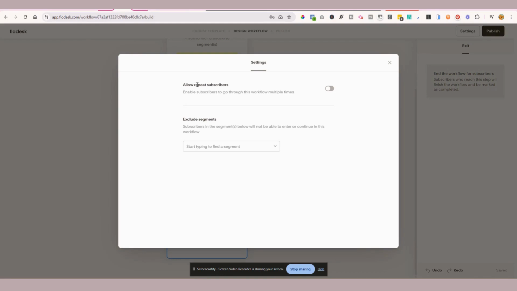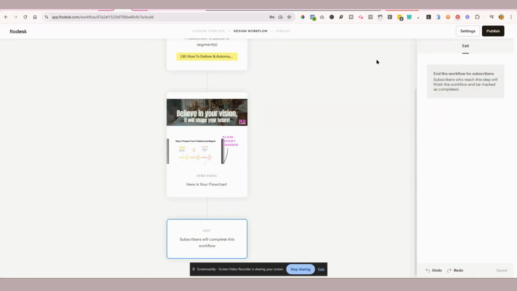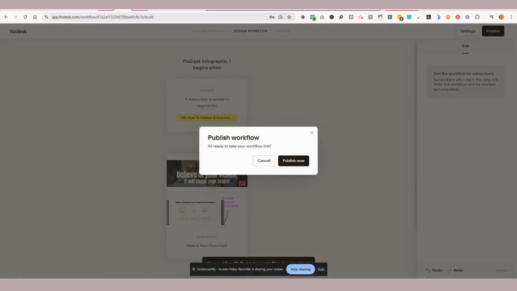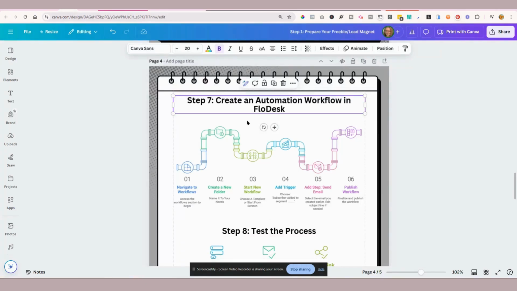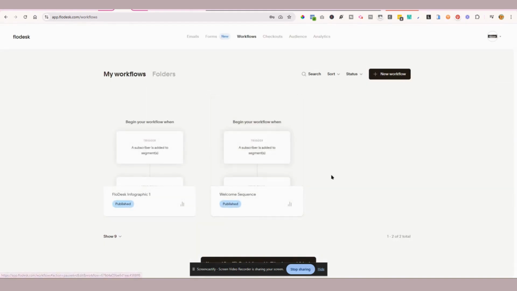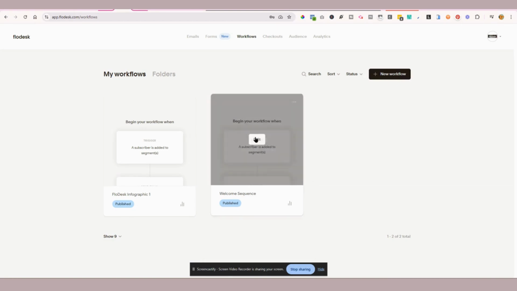So let's check settings, allow repeat subscribers, yes, exclude segments, so you can choose others that you don't want to have access to this if you want that, which I don't need to do. Next is publish. So let's go back to the flowchart, add step, send email, and publish workflow. So yes, we are ready to publish. There we go. Okay, so your automation now is all set up. So next step